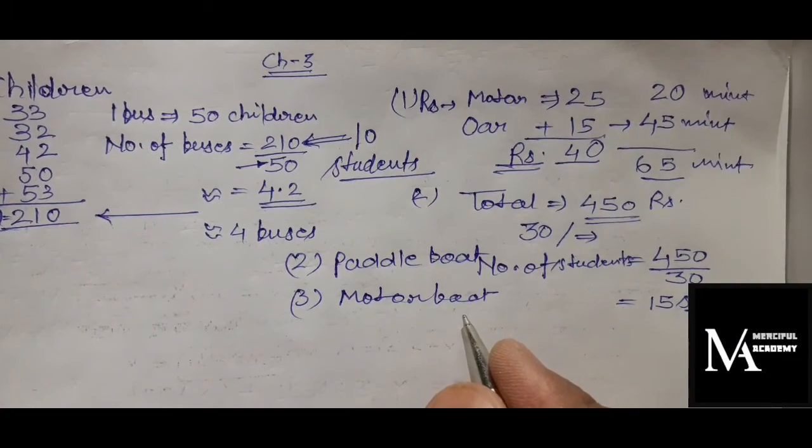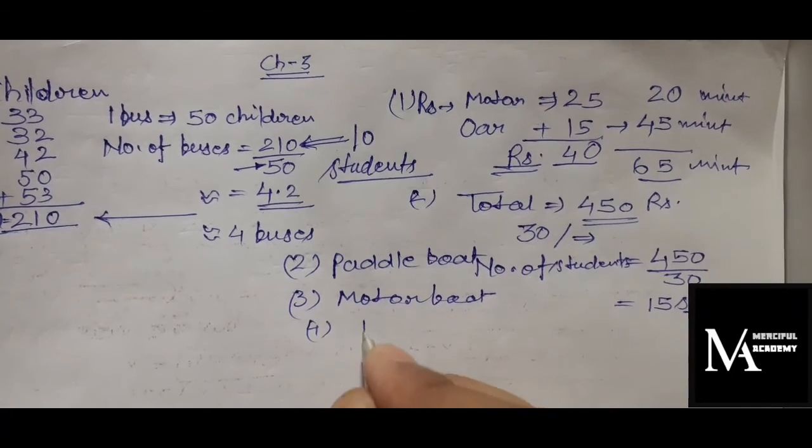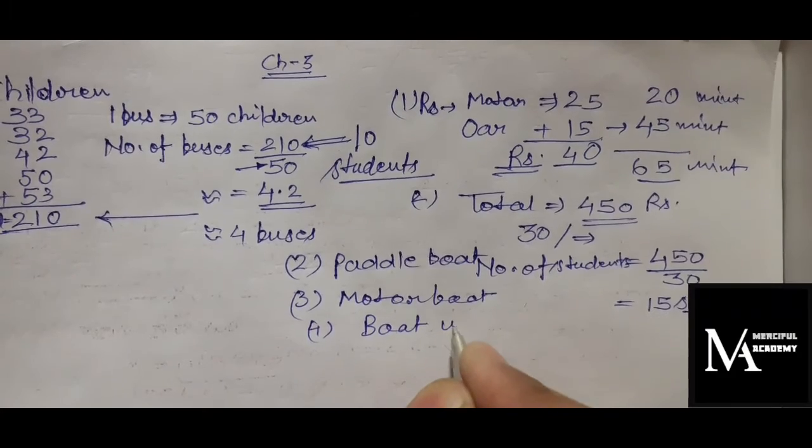We will move to the next part. Which boat gives them the most time taking the least money? It is the boat with oars. It takes the least money with more time. Then the fourth part will be the boat with